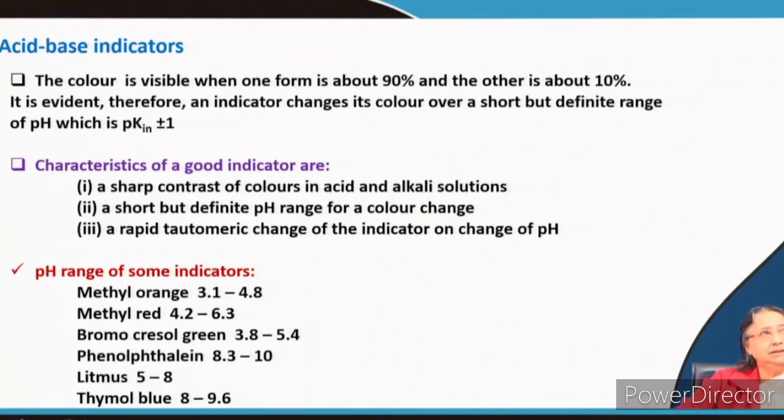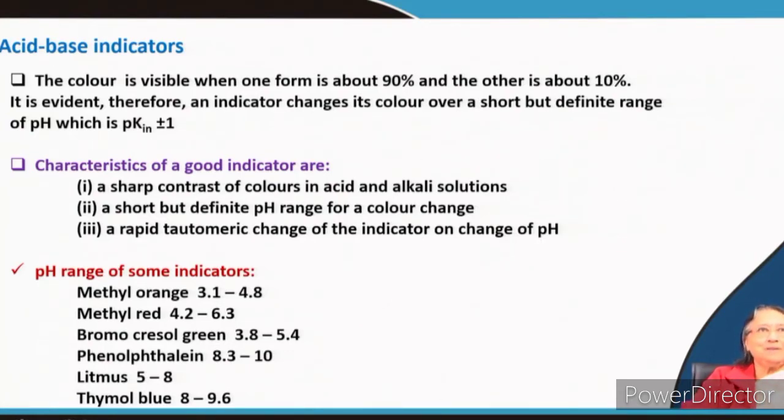But for methyl orange, you know that in alkali it is yellow and in acid it is pinkish red. So, if you use methyl orange for acid base titration, you have to be very careful. It needs some trial, some experience to use this indicator, because the change from yellow to pinkish red or pinkish red to yellow is not a sharp change like phenolphthalein. You will see it slowly changing the color, and you have to be very careful that this is the end point. Sometimes you will be confused also.